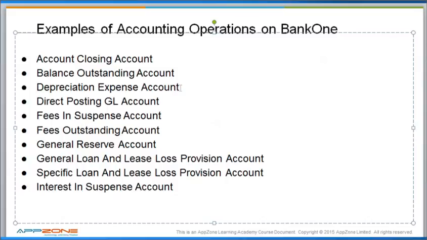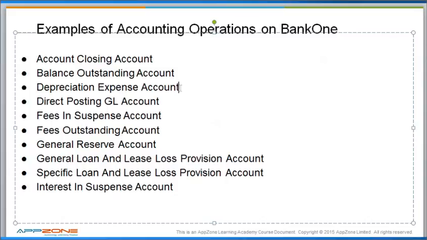We also have another type of operations here called depreciation expense account. This type of operations helps the bank to maintain a monthly depreciation charged on assets. Fixed assets are expected to be depreciated on a monthly basis. That is, the value of the fixed asset depreciates over time. So if the bank